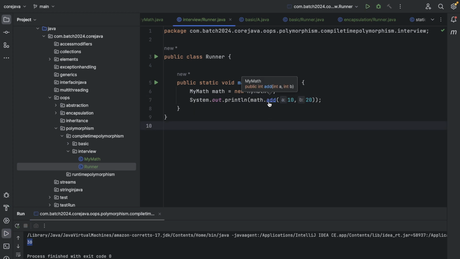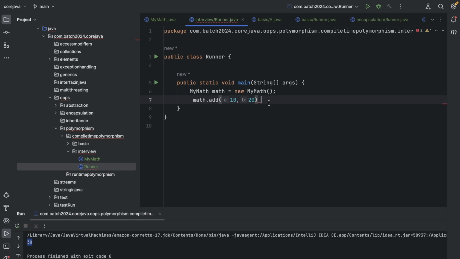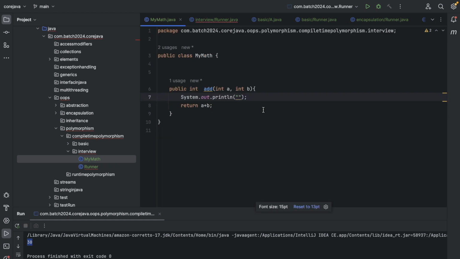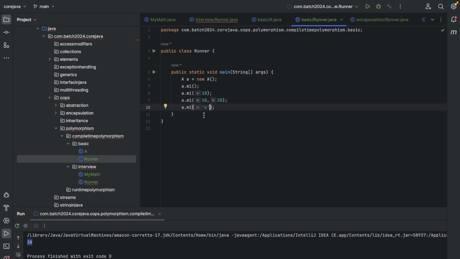But it's not important for us to print this. We want to know which method we called. So before printing this, we will just mention that MyMath int add is called, because I'm not taking examples of different parameter items. There can be this thing, but I'm not elaborating it because I think you are well aware of it. If I change the